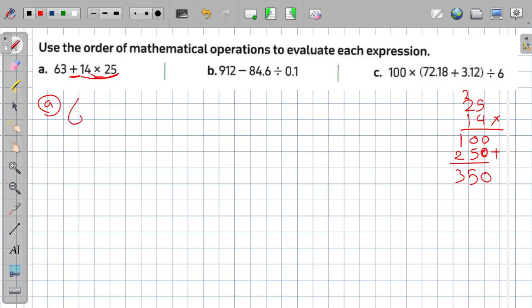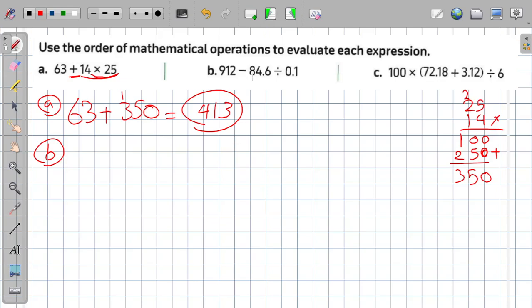So I have 63 plus 350. So 3 plus 0 equals 3. 6 plus 5 equals 11. So I have 1 and carry up 1. And I have 0 plus 3 plus 1 equals 4. So the final result will be 413. Okay. The next one I have